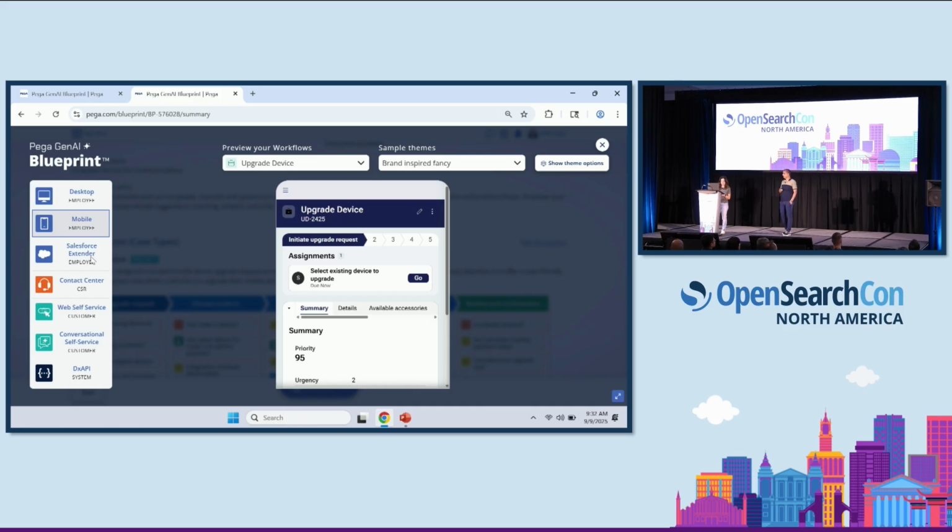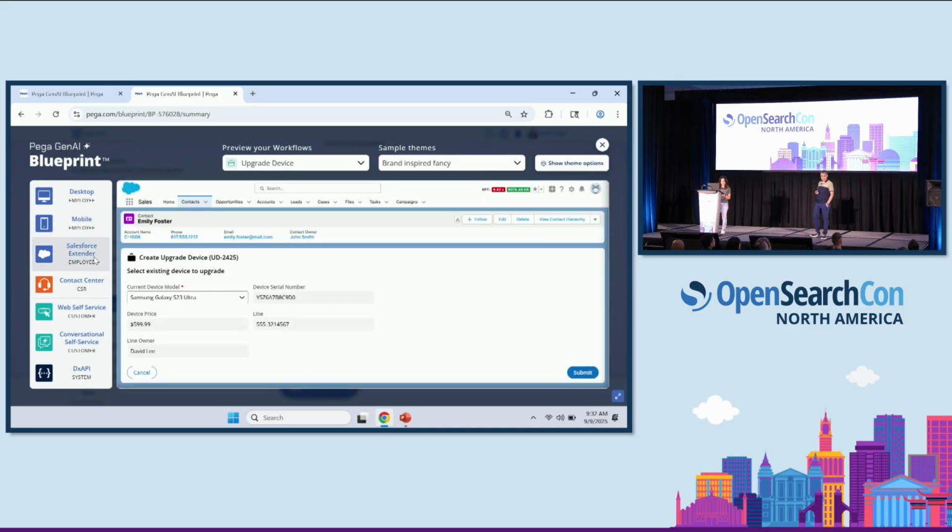I'll wait for it to click. Yeah. So this is the Salesforce extender, and then we also have the application deployed for a customer care executive, which I'm going to use in a second. So if you go to next,